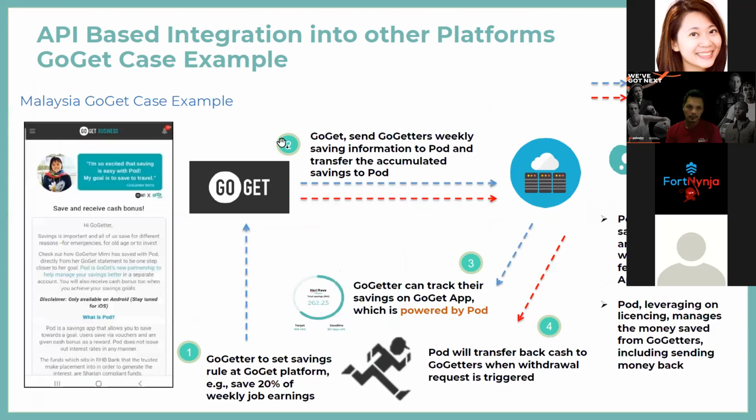Next will be a more detailed example of the information communication between the two systems and also the money flow. So basically when they save, it automatically updates details on our Port system. And then the financial part will be handled by the financial teams of the two companies. Okay, so we can go to the next one.